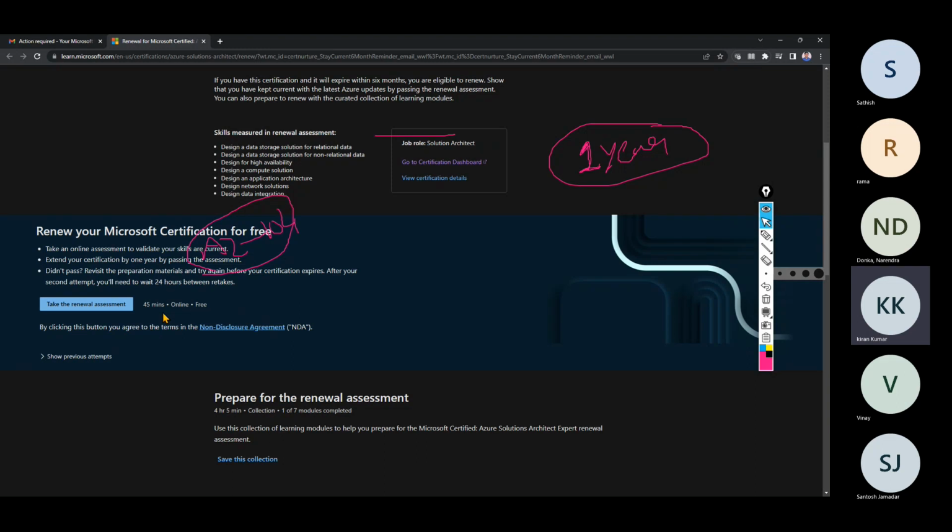Like that, every year you will get this mail 180 days before, and you can attempt the exam. And how many times? 5 times. They will give you 5 chances here. So for the renewal assessment, they are providing it 180 days before. If you fail, you have to wait 24 hours between attempts. Again you can attempt it, and if you get the pass score,